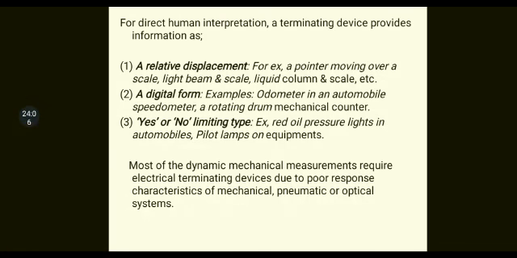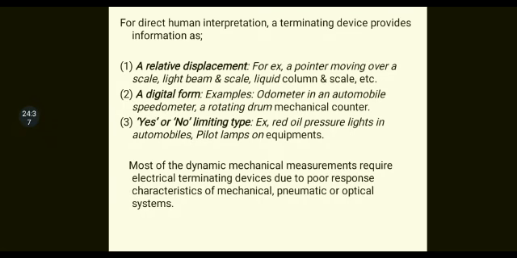Even pneumatic systems are not capable of competing with electrical systems. In pneumatic systems there are any number of problems like leakage of air and pressure. You need to contain it, and sealing should be proper. Otherwise they show errors. Similarly with optical systems, there are variations as compared to electrical systems.